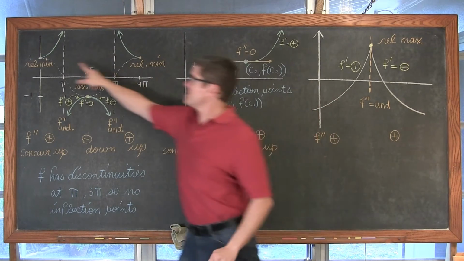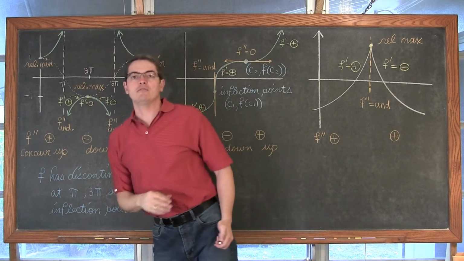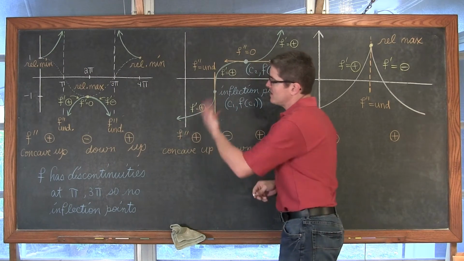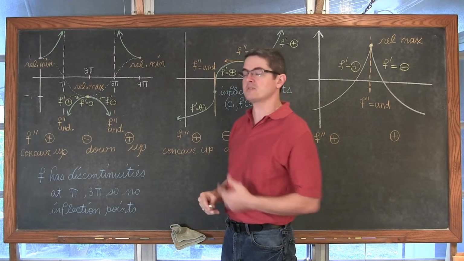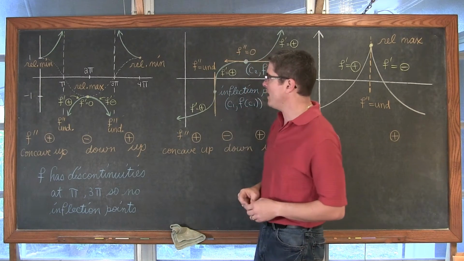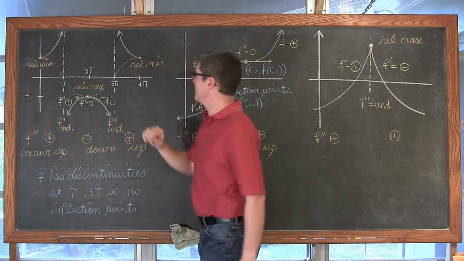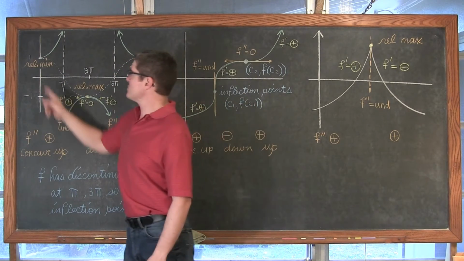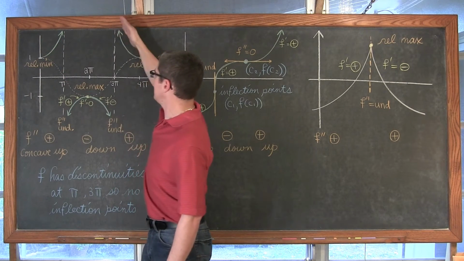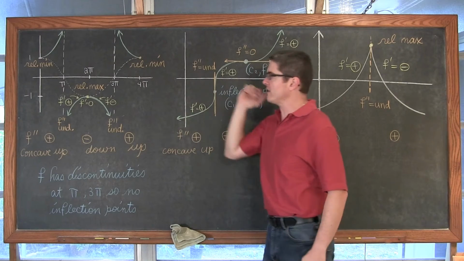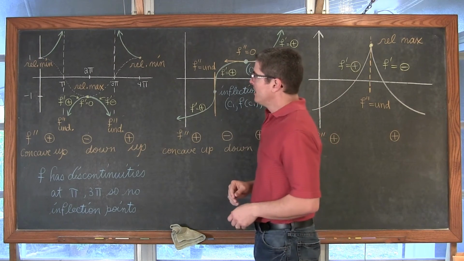Well, if this is a cosine function, then I must have up here the graph of secant. So we have a secant graph up here with a period of 4 pi, and it continues, of course, forever, but we're going to look at this interval between 0 and 4 pi. We have a relative min, a relative max, and a relative min again. We have intervals where the function is concave up, concave down, and then finally again concave up, and of course this will repeat forever if I let the domain go off to negative and positive infinity.